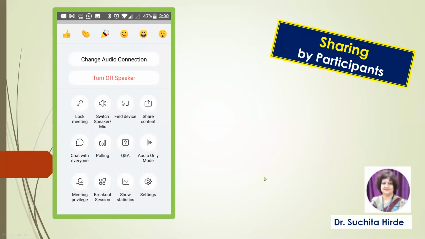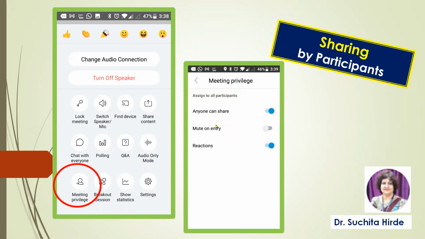Now sometimes during a lecture, some students or some participants want to share their screen. So let us understand how they can share the screen during the meeting. For that, we have the option available here, meeting privilege. If you click on meeting privilege, you will have these options.